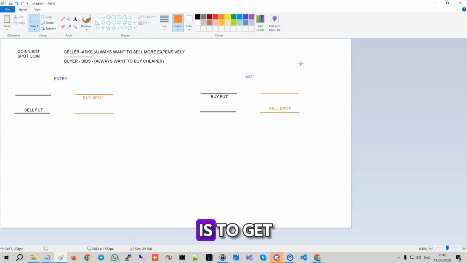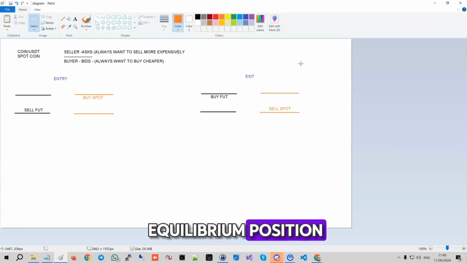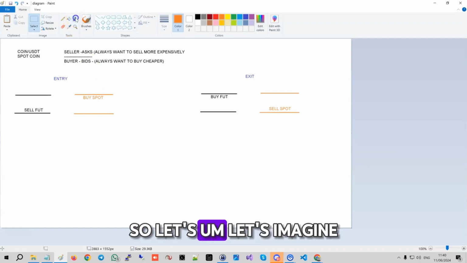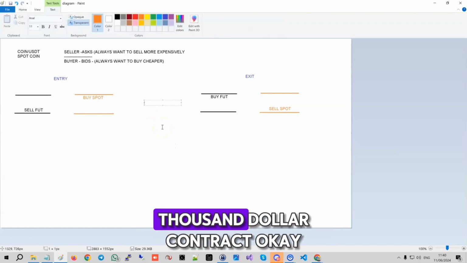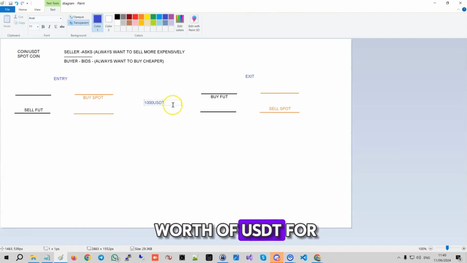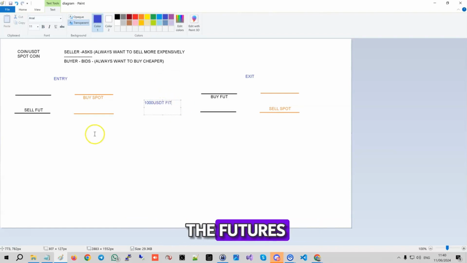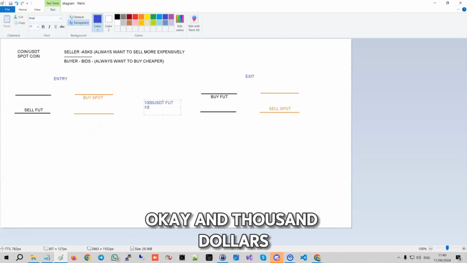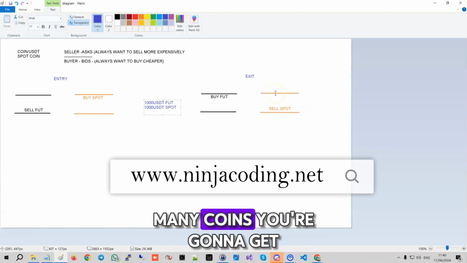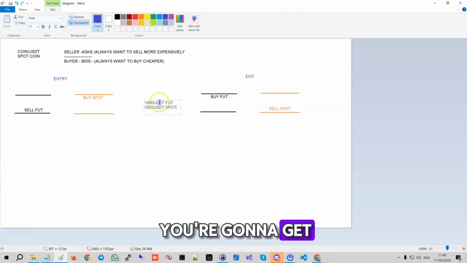When we open the same amount of this contract and this coin, our aim is to get them in an equilibrium position, so we don't care which way the market goes. Let's imagine a $1,000 contract on both. So we buy $1,000 worth of USDT for the futures and $1,000 worth of USDT for the spot. It doesn't really matter how many coins or contracts you get, as long as